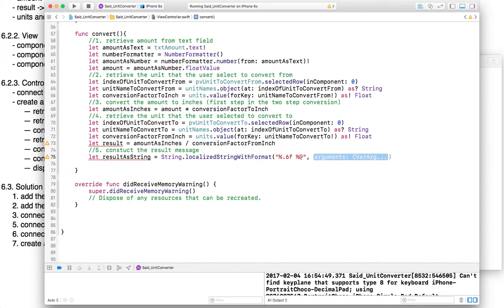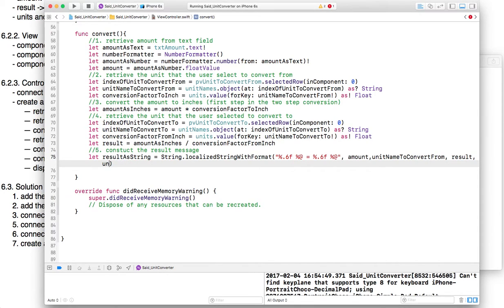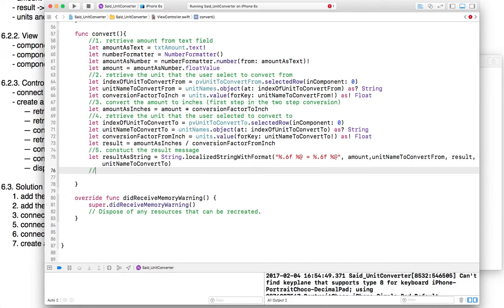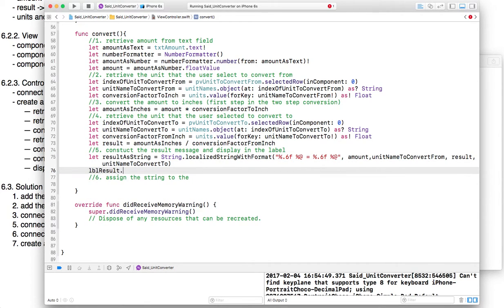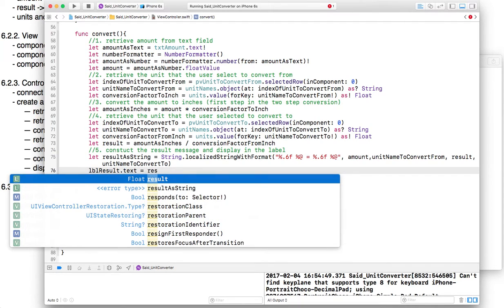So the first float is the amount. Then the second one will be the unit to convert from. Then I'm going to have a space and put the equal sign. Then I'm going to have another float with 6 digits, and this will be my result. Then I'm going to have a space and then a string to represent the unit name to convert to. Then I need to assign the string to the label, and maybe we'll just put that here and display in the label. So I'll say label result dot text equal result as a string,